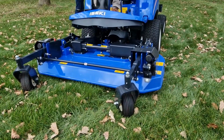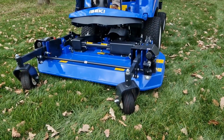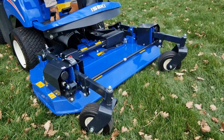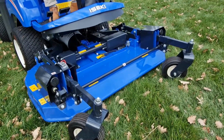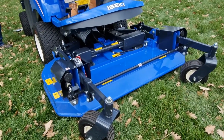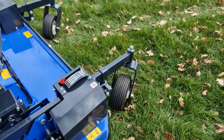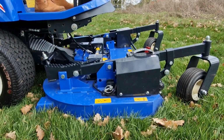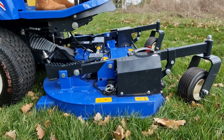So this machine, as you can see, is fitted with a 60-inch rotary deck. We do have a 1.4 metre flail, which can also be converted into a scarifier, which I'm going to show you a little bit later. This deck has actually got an extra fitted to it, an additional accessory, which in fact